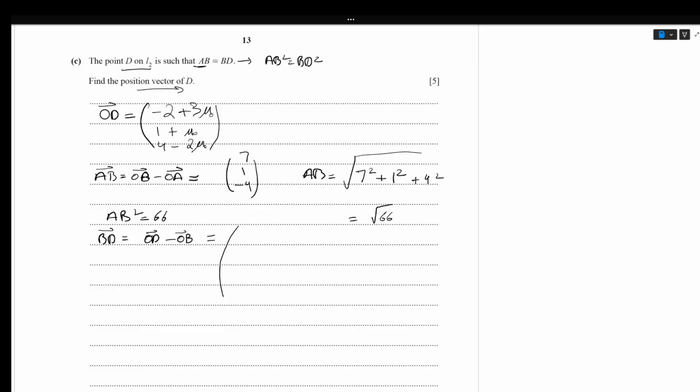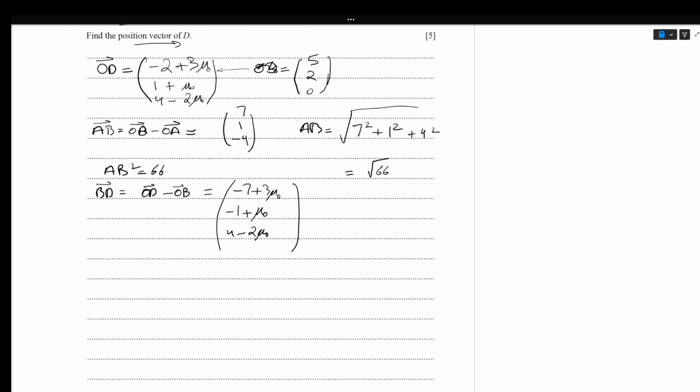-2 + 3 म्यू में से 5 माइनस करना है, तो -2 - 5 इज -7 + 3 म्यू नॉट। बेसिकली OB मैं यहाँ पे लिख देता हूँ, OB इज (5, 2, 0)। और मैं OB माइनस कर, तो इसमें से 5 माइनस किया तो -7, then 1 + म्यू नॉट -2 is -1 + म्यू नॉट, and then 4 - 2 म्यू नॉट -0 is simply 4 - 2 म्यू नॉट।